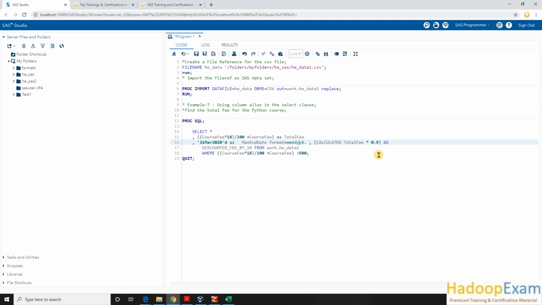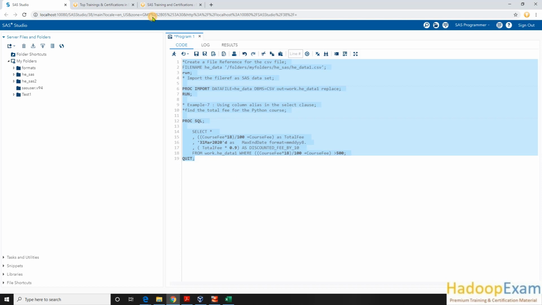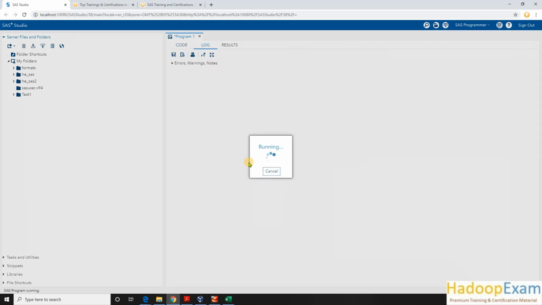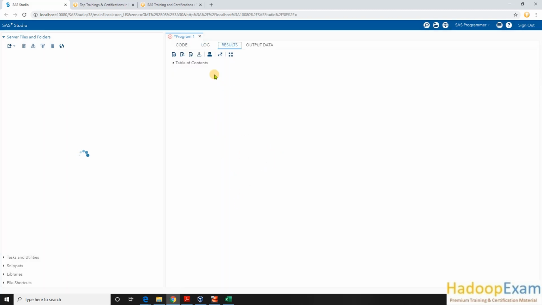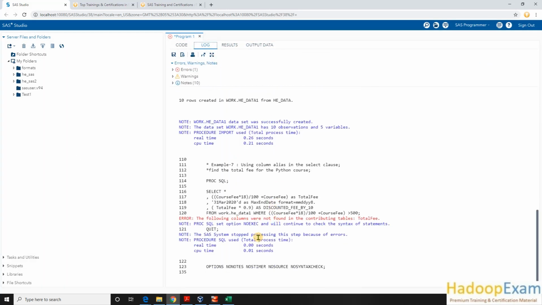But if I wanted to get 90% of the total fee value, how would I get it in the select statement? If I try to use it directly, the issue is that total fee is not yet calculated, so it would give an error if I run this part only. In the log you can see the following: column total fee was not found.